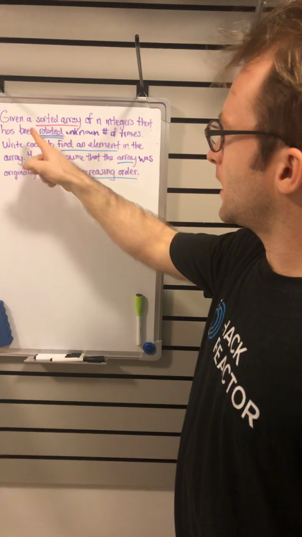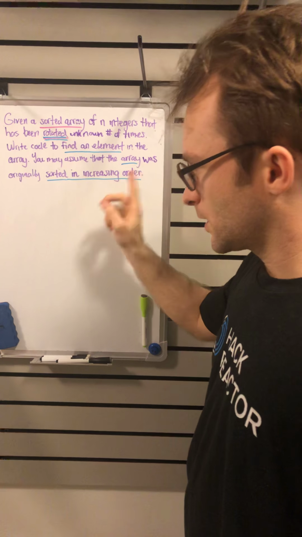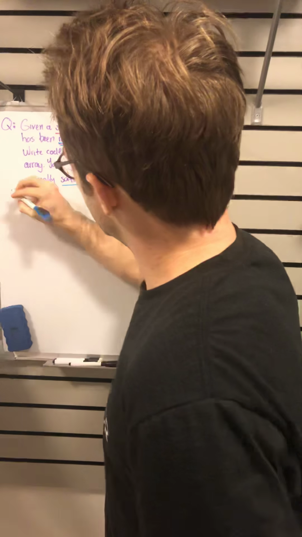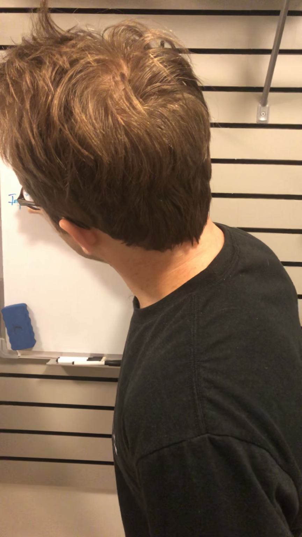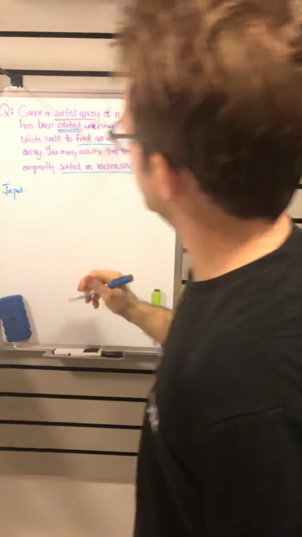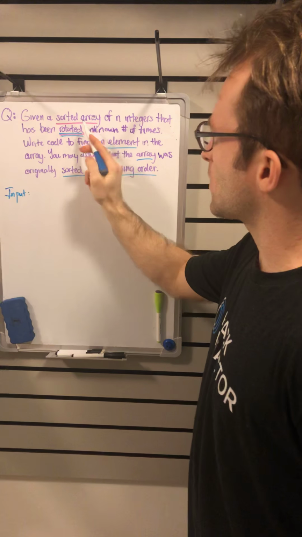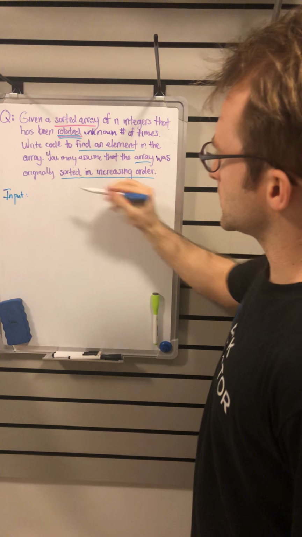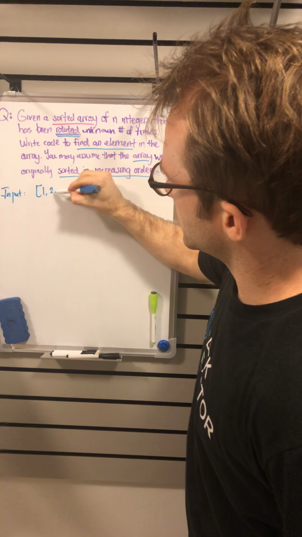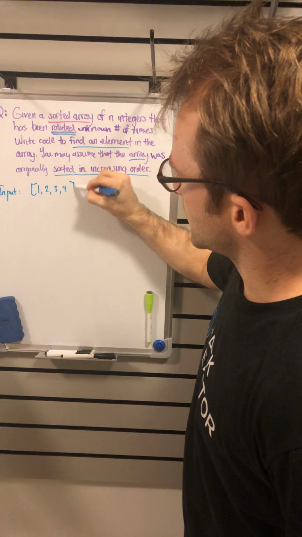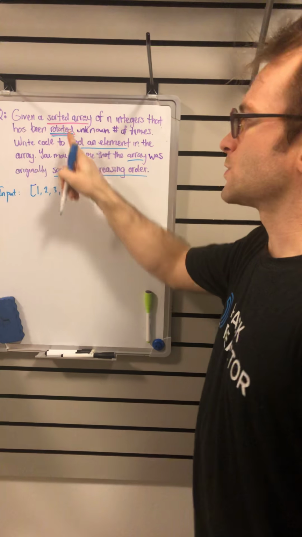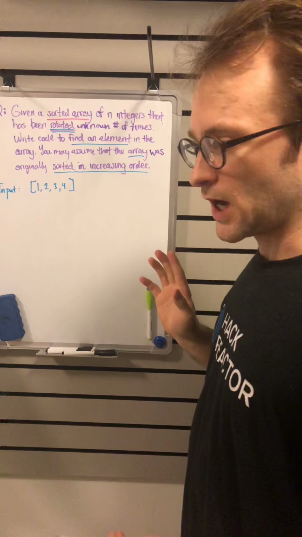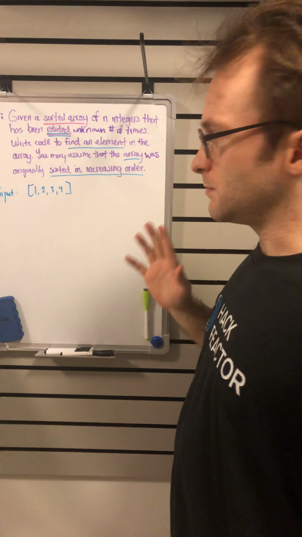All right, so I underlined these key words here because this is going to tell me what my inputs are. Okay, so let's start out with the input. What am I going to be given? So it says I'm going to be given a sorted array, and I can assume that it was already in increasing order. So if it was like this, starting off, and then it was rotated an unknown number of times, what rotation means is